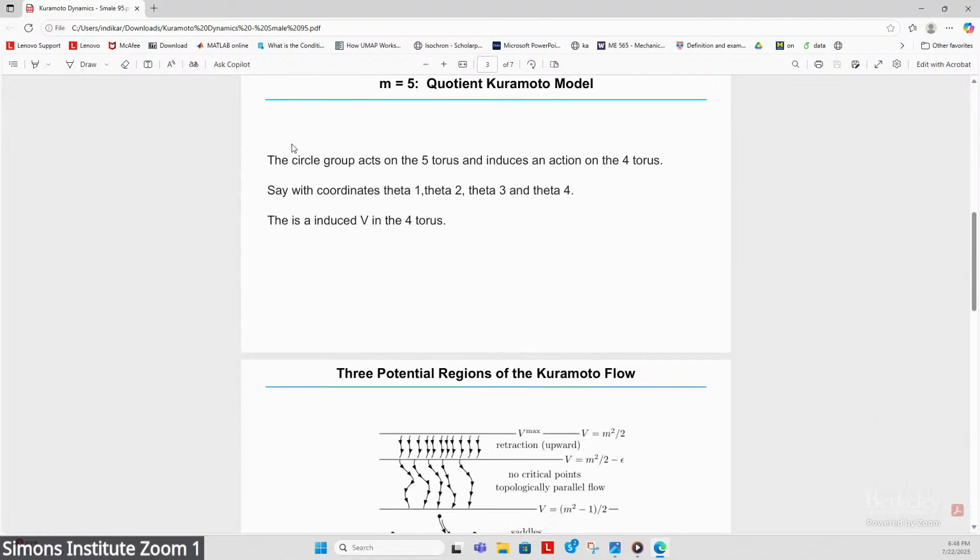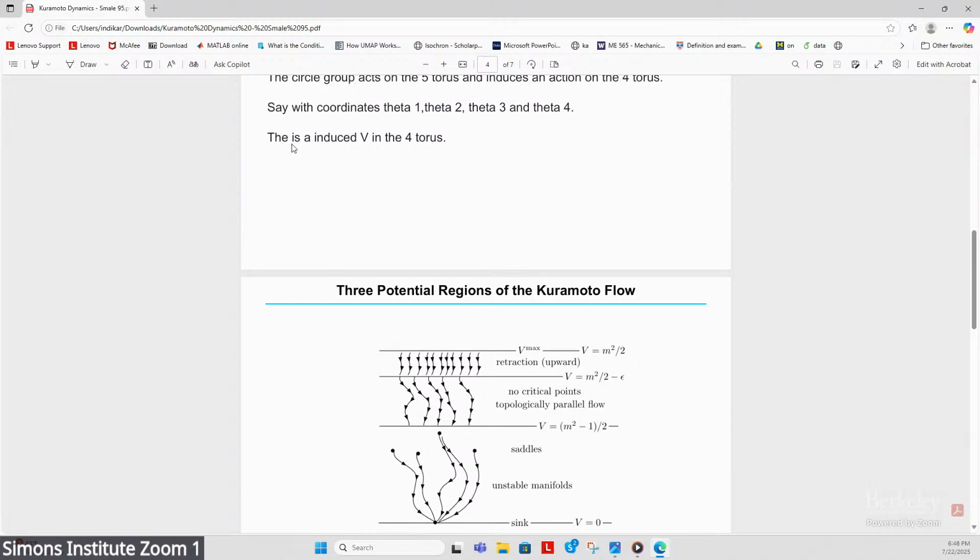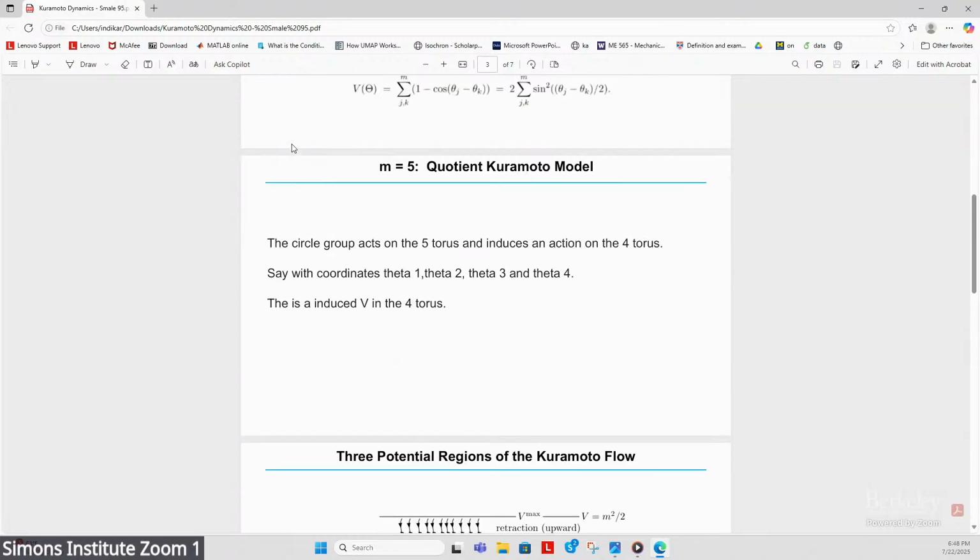Okay. Maybe it's, okay, that's all right. This is the induced function V. It went too fast. Okay. I say there's